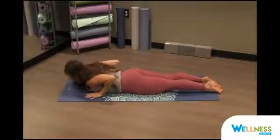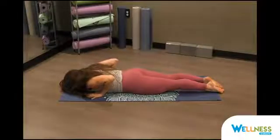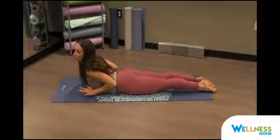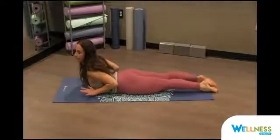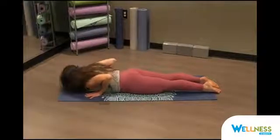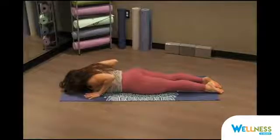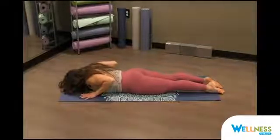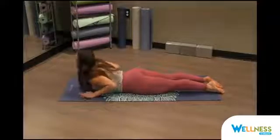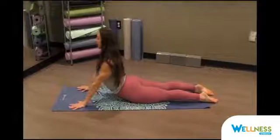Exhale, bring your forehead down to the mat. Inhale, lift the chest up, squeezing the glutes, squeezing the legs, pressing the tops of the feet into the mat. Exhale, bring your forehead down to the mat. And on an inhale, you will bring your hands a little bit more towards the top of your mat for full cobra. Pressing into your mat, lifting your chest, leaving your hips and your lower body down on the earth,